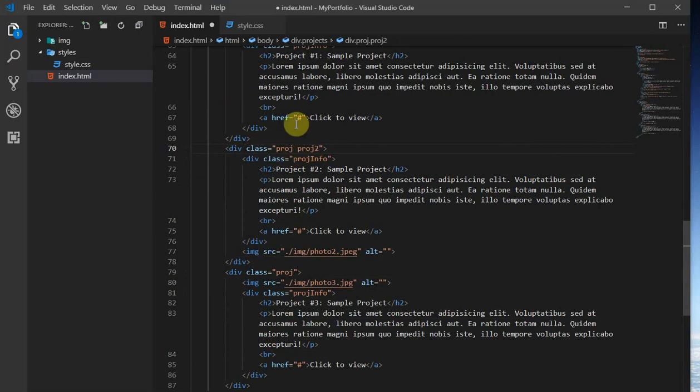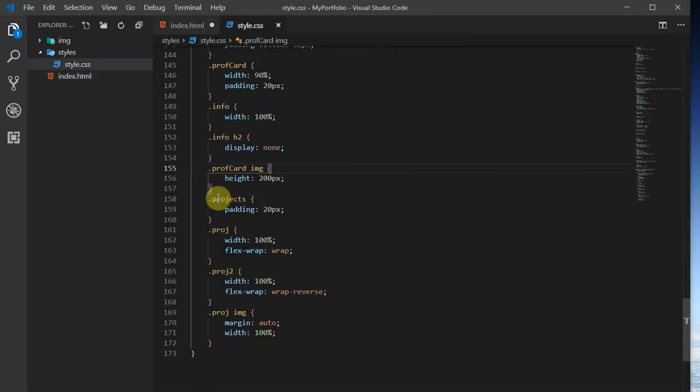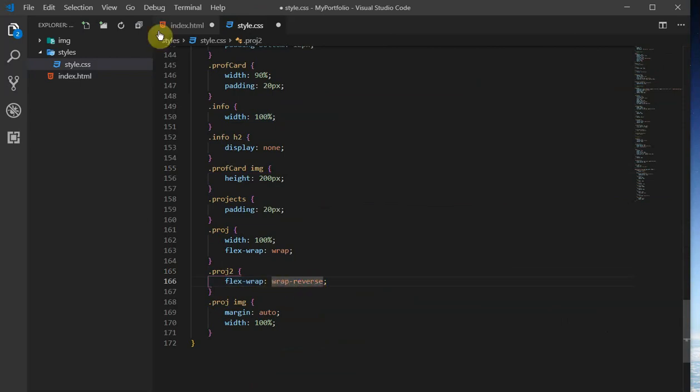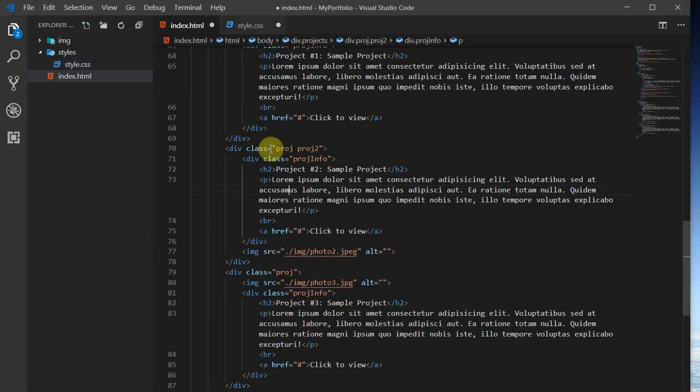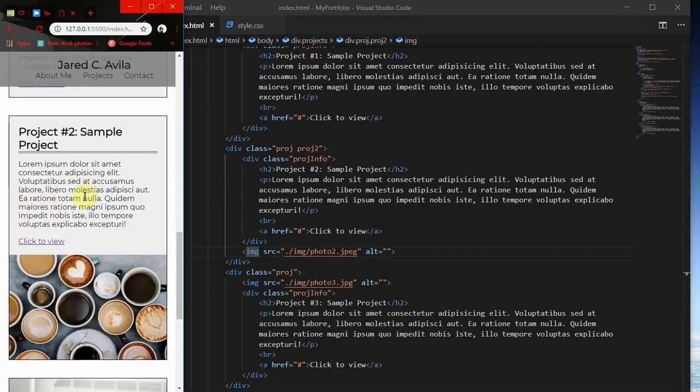proj2. So now what this does is it adds another class called project2 in addition to the class project that's already on there. And project2, right here, I'm going to say, well, I don't need this because it's already getting the width of 100% from project, but the flex wrap, we're going to have it be wrap reverse. And what that does is it takes the elements, and in this case the two elements that are inside proj2 are this div and this image, and when it wraps them it's going to flip their positions so that the image will be on top and the text will be on the bottom. So now when I go back here, once it saves,